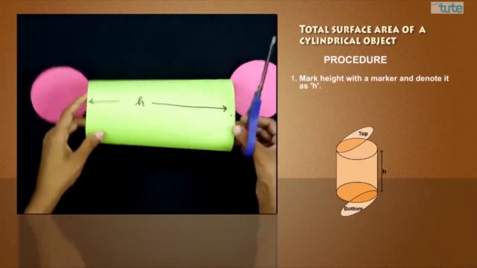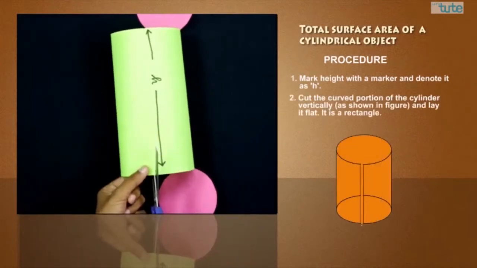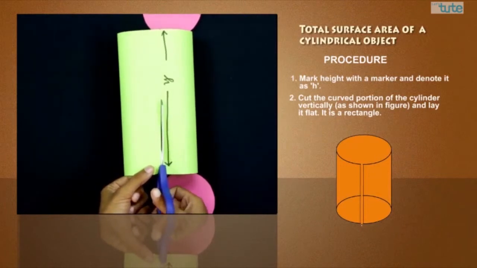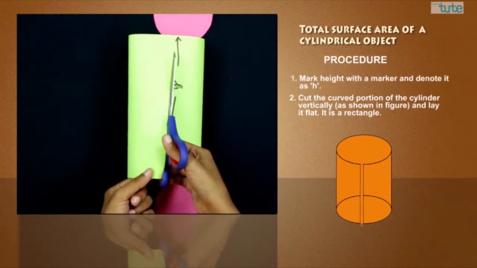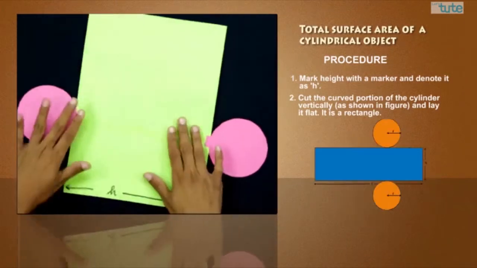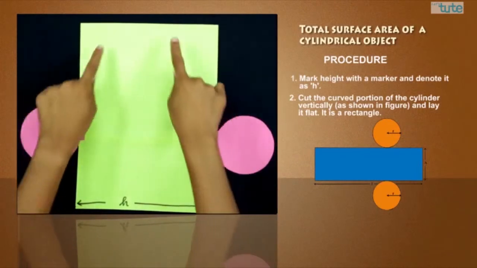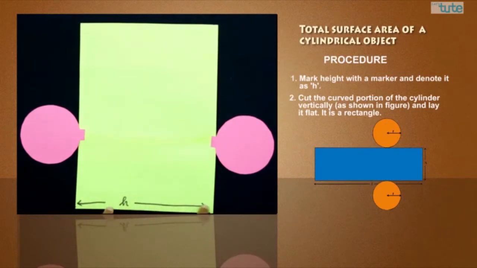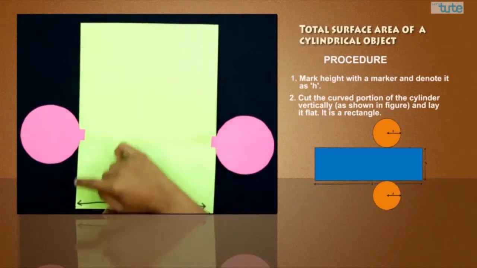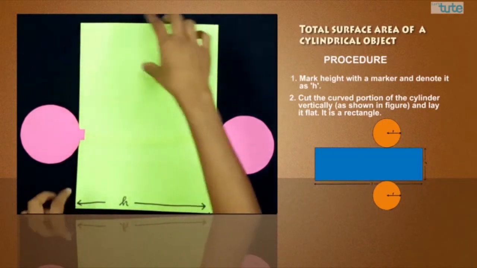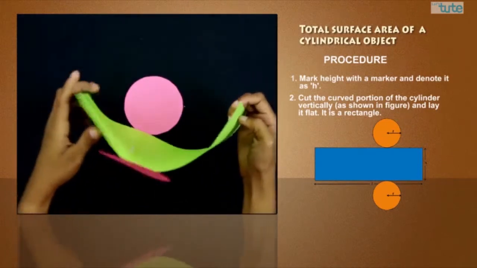To calculate its surface area, we'll cut the cylinder along a straight line at any point on the cylinder. Once the cylinder is open, what does it look like? It looks like a rectangle having a length which was equal to the height of the cylindrical object and a breadth. Now, to calculate the area of paper required to cover this rectangle, we will require the length and the breadth of the rectangle.